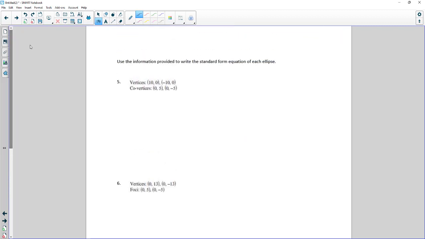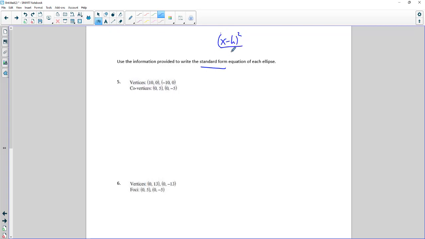These are the last 3 questions. Here I'm just going to make you write the standard form of the equation instead of finding all the little pieces to the ellipse. So if I could just give you some pieces, you're going to use whatever information they give you and try to figure out the equation in standard form, which will be kind of your x squared, or I should really write it correctly, is x minus h